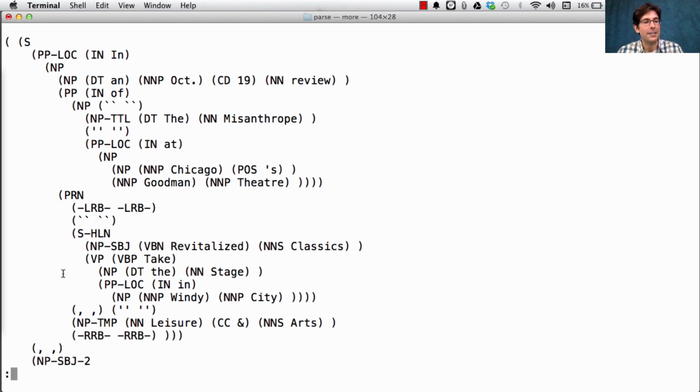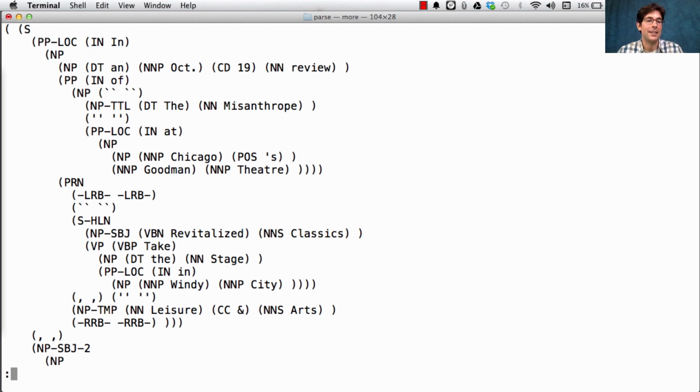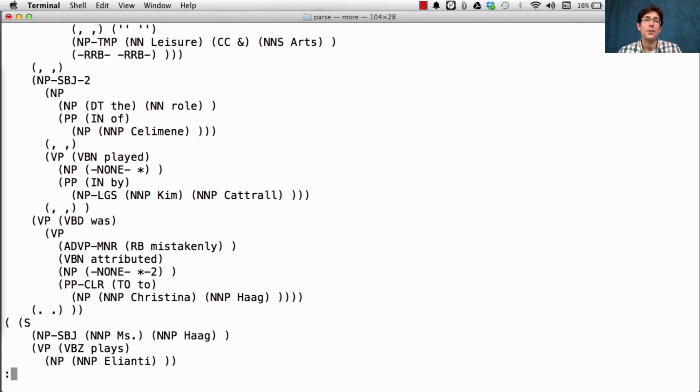Okay, so we're not even to the subject of the sentence yet. This was all just a locative prepositional phrase describing the subject. The subject's down here. So you can see the syntax trees for actual sentences are quite complicated, but they have the same structure that we talked about before. Each tree has a tag, and the tag expands into a bunch of branches, or a leaf, which is an actual word in the English language.